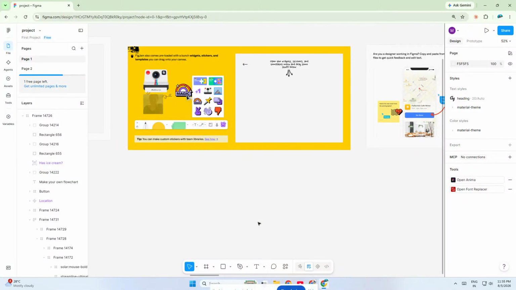If you've ever needed placeholder text in your design and didn't want to waste time typing random words yourself, then this tutorial is for you. Today, I'm going to show you how to add Lorem Ipsum text in Figma in just a few simple steps. This is super useful for wireframes, mockups, UI layouts, and any design where you want to focus on structure before